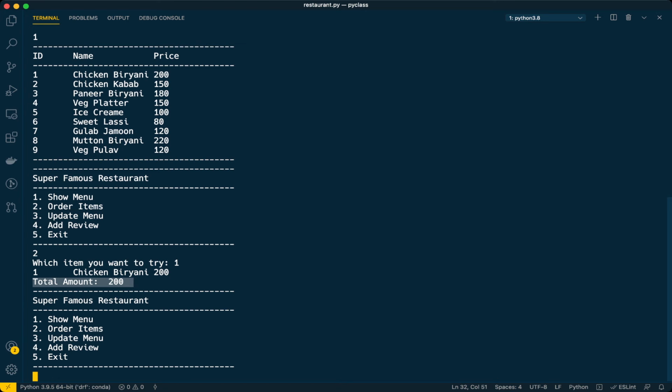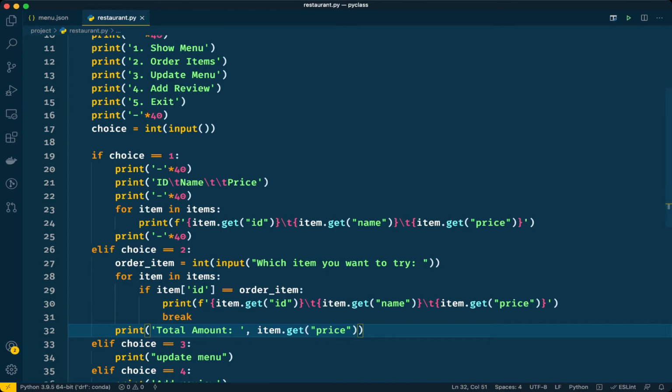This is cool. But the problem that I'm talking about is, let's say the user wants to buy multiple items. In that case, this program is useless, right? It's not very useful. So let's modify that to allow the user to order more than one item. So for that, what we will have to do is